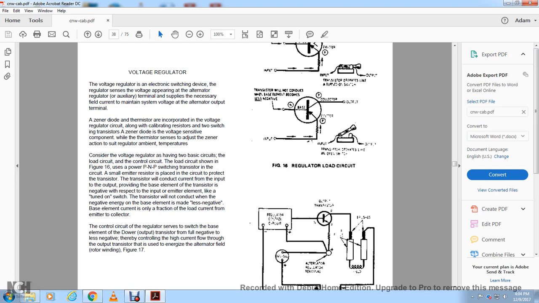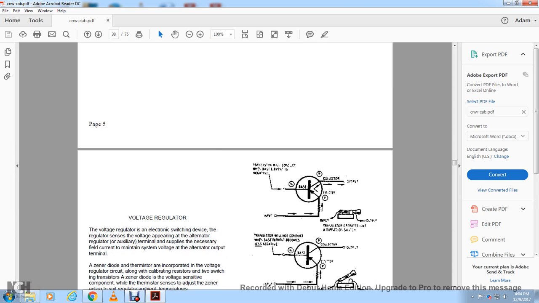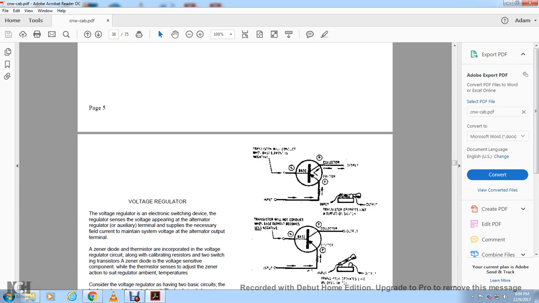The control circuit in the regulator circuit switches the base element of the driver output transistor to full negative or to less negative, thereby controlling the high current flow through the output transistor, which is then used to energize the alternator field, the rotary winding. Figure 17 shows a